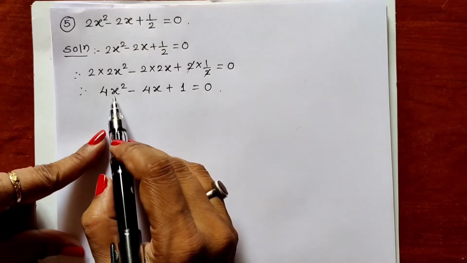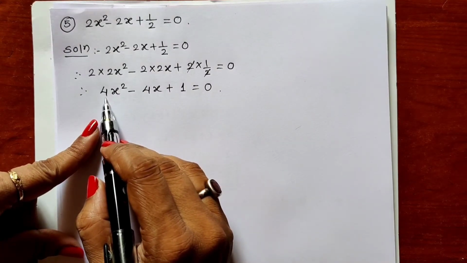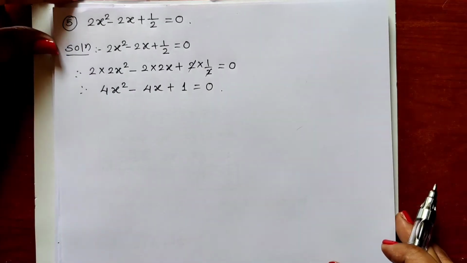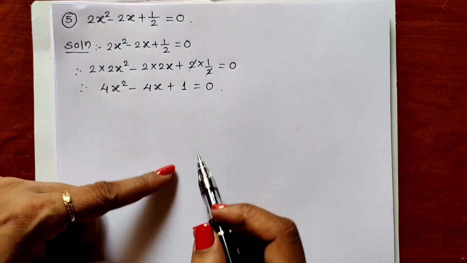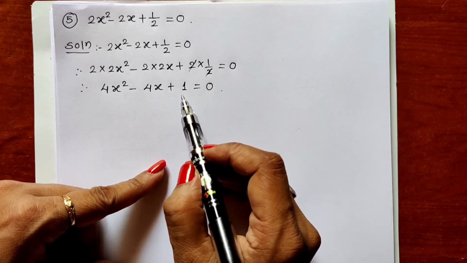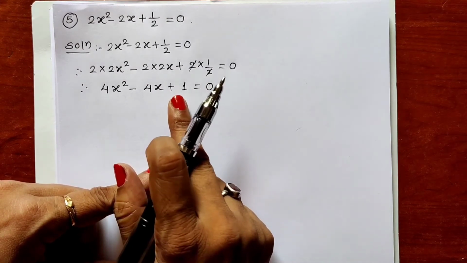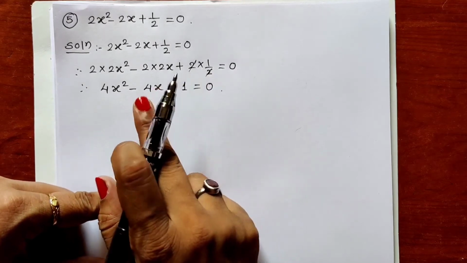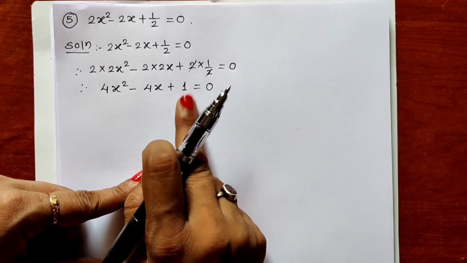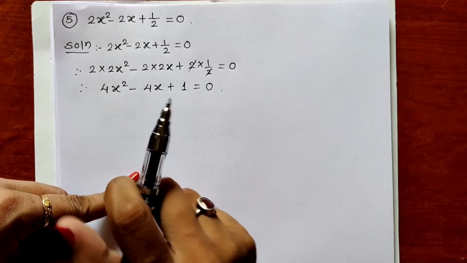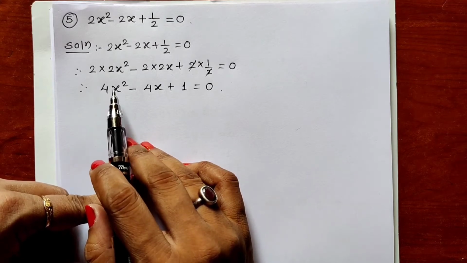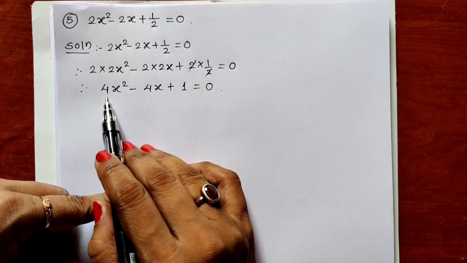So as we all can see, this first term is having a coefficient bigger than 1, greater than 1. So when the coefficient of the first term is greater than 1, we don't find the factors of the constant term only. Here we can see 1 is there. So we cannot find out the factors of 1 whose addition is the middle term, because the factors of 1 are 1, 1 ones are 1, and 1 plus 1 is not 4. So always check whether the first term is having a coefficient greater than 1. So the first term coefficient is 4.